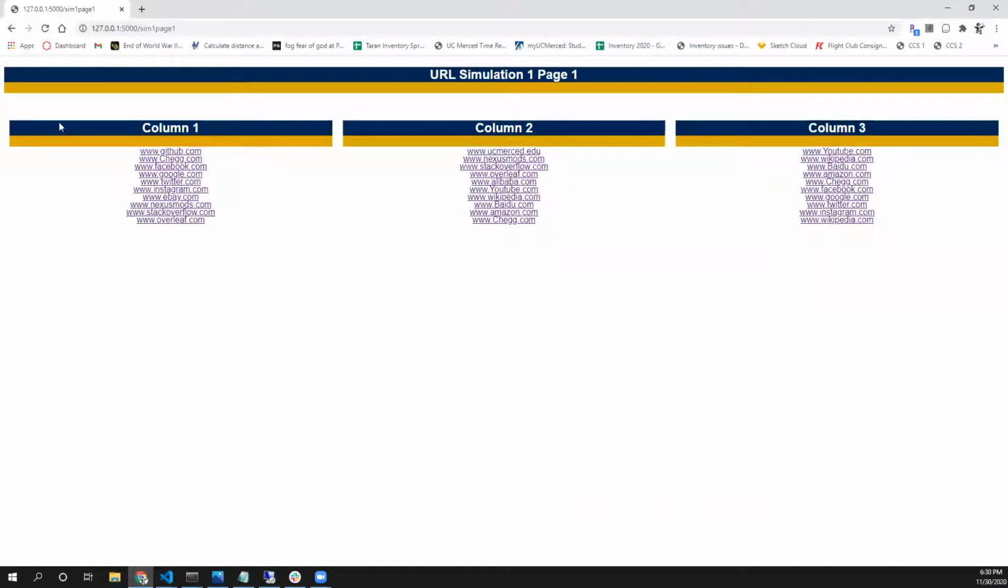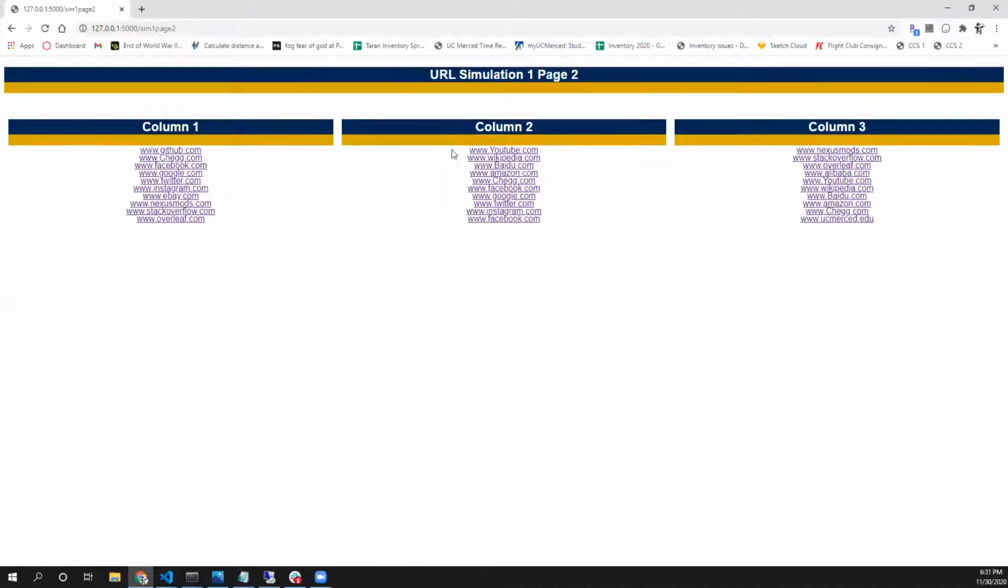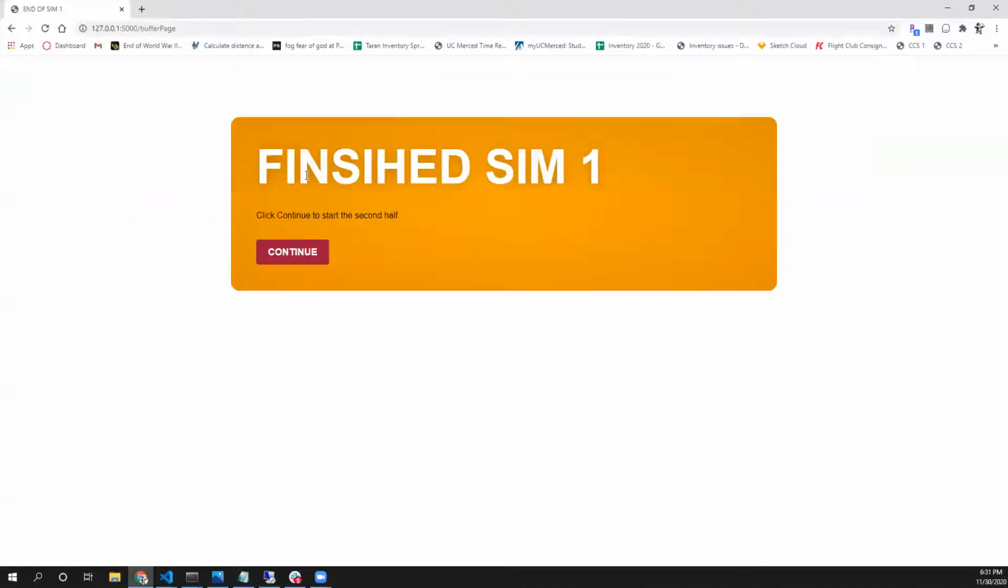So as you'll see, we are presented with three separate columns, and each contain a variety of links. As our instructions had told us, our objective is to click the one that says www.ucmerced.edu. As we'll see, here's the first one, and the second one, and the same goes for the third. And as you'll see, we're presented with a finished simulation 1 screen, and we'll click continue to start the second